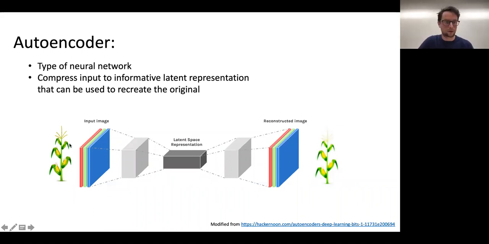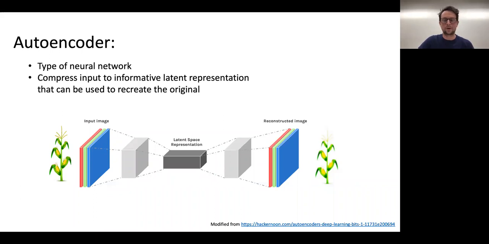Depending on how good the video is here and how well this is coming through, you may or may not be able to see that the reconstructed image is a little bit blurrier than the original, and that the contrast is a little different. So this is not a lossless process. We do lose some information, but if the network is trained correctly, you are able to reconstitute the most relevant features of the input image, or the most important features, as well as you can. So that's sort of your standard autoencoder